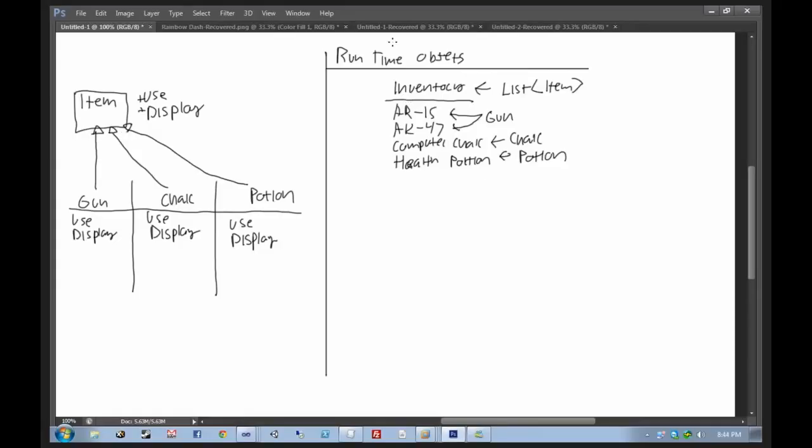So now, if I was to yank out my computer chair and I wanted to invoke its display method, maybe I had code like this. Let's say, so this is our inventory right here. Let's say I had code like this. I had item